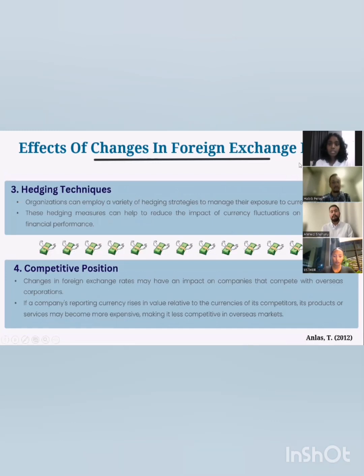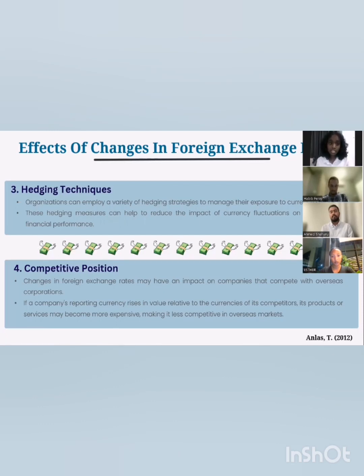So moving on to the third effect, which is hedging techniques. Organizations can employ a variety of hedging strategies to manage their exposure to currency swings. Besides that, these hedging measures can help to reduce the impact of currency fluctuations on a company's financial performance. For example, a company may use forward contracts, options, or swaps to lock in exchange rates for